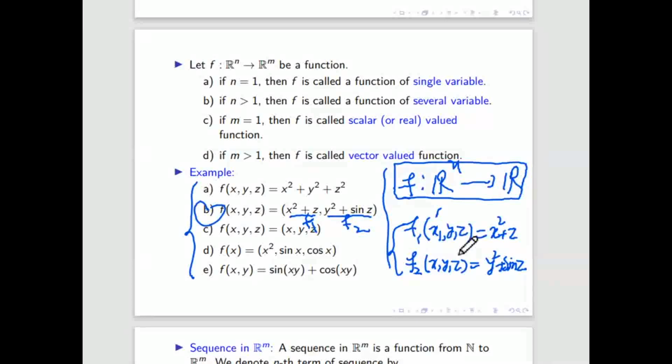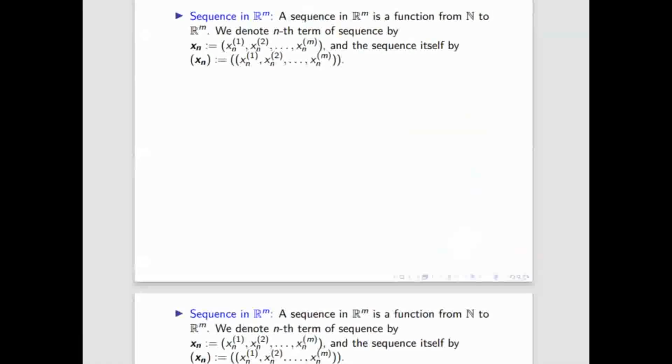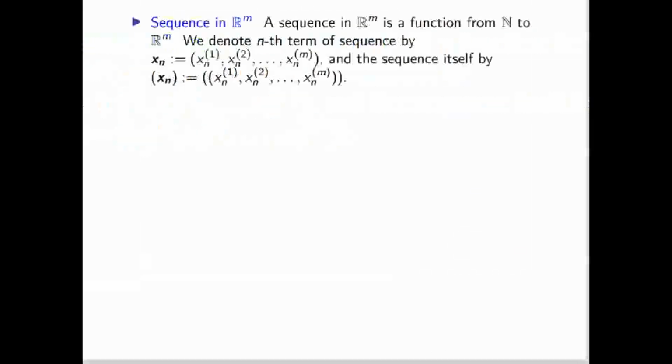So what is a sequence? A sequence in R. I am not asking in Rn. Can anyone tell the definition of a sequence in R? A mapping from natural numbers to real numbers. Yes, it is a mapping from natural numbers to real numbers. Because we are in Rn, it will map from natural numbers to Rn or Rm, like natural numbers to R2, natural numbers to R3.